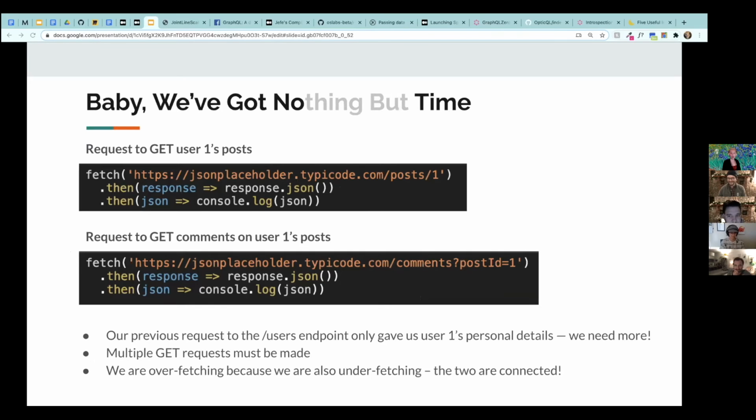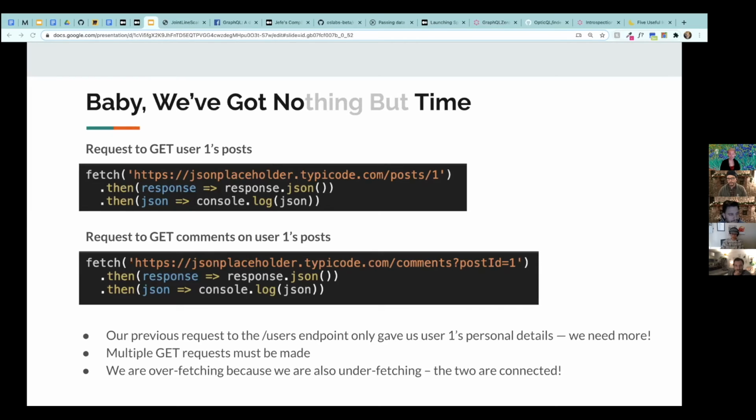So here, let's say we also want to get the same user's posts and comments on their posts. We must make 2 separate requests to 2 different endpoints. This is very inefficient. As this application scales, this means millions of extra requests every day, which means slower response times, a slower running app, precious network resources being used up, and it also shows how data overfetching and underfetching